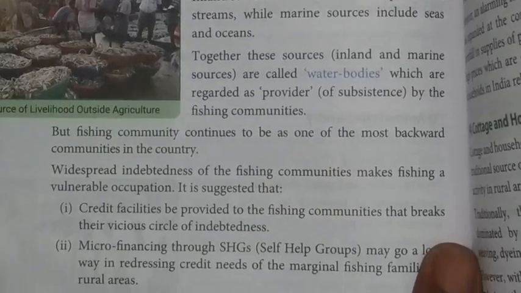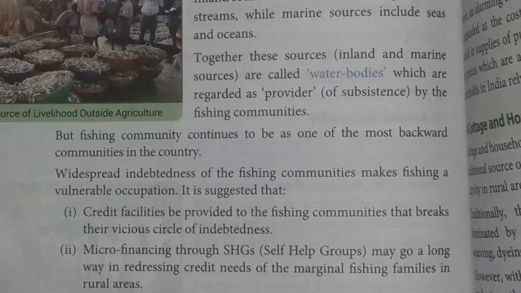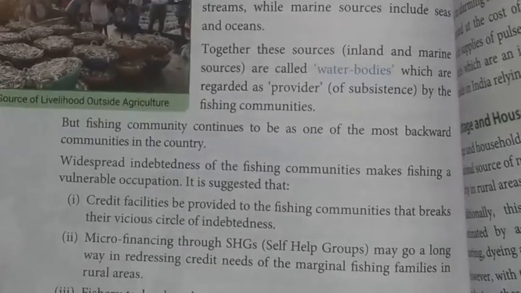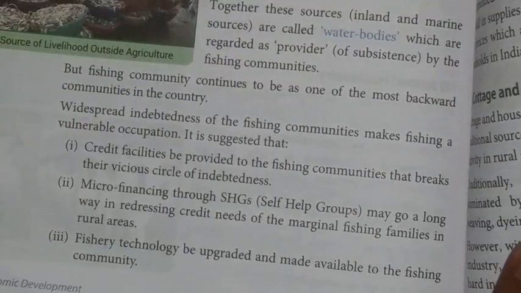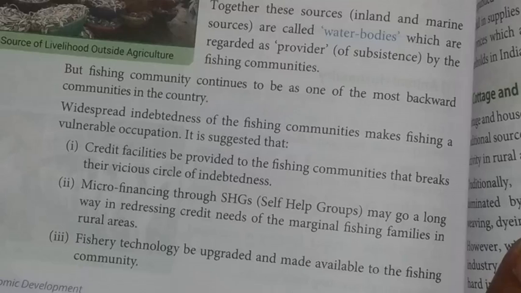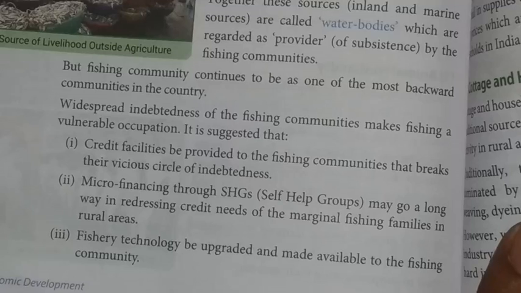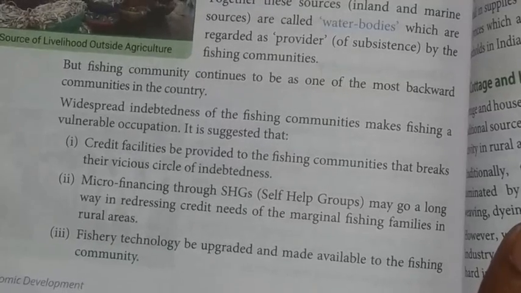But the fishing community continues to be one of the most backward communities in the country because widespread indebtedness of the fishing community makes fishing a vulnerable occupation. It is suggested that credit facility be provided to the fishing community that breaks the vicious circle of indebtedness, microfinancing through self-help groups that can help their credit needs, and the fishery technology be upgraded and made available to the fishing community. So all these can be done in this field. Then the other way